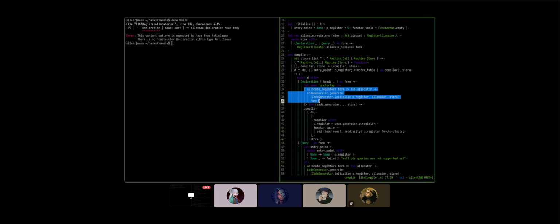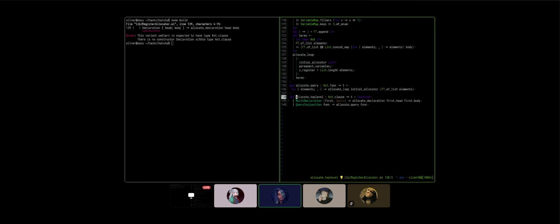Well, I think we could have fixed that, but because the pipeline is organized folding over each declaration individually, that's kind of messed up.